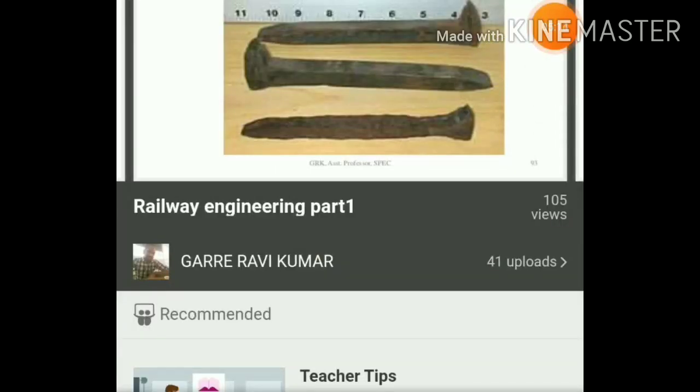Next one is spikes. To hold rails to wooden sleepers, we can use spikes. We have already discussed that to fit rails to wooden sleepers, especially in the case of flat-footed rails, we can use spikes. In the picture you can see different spikes, and based upon the size and shape of the head of the spike, they are classified into different types. A rail spike is a large nail with an offset head that is used to secure rails and base plates to sleepers.